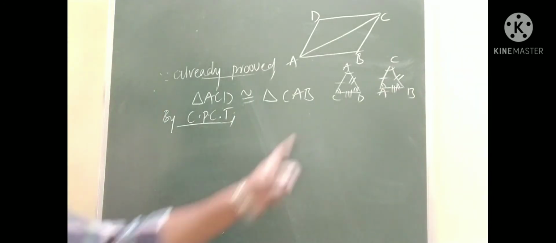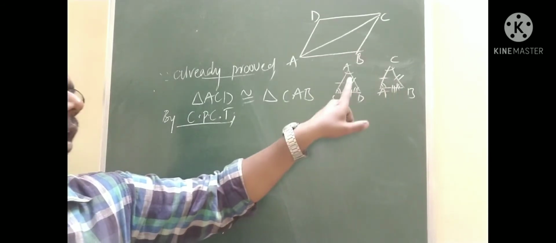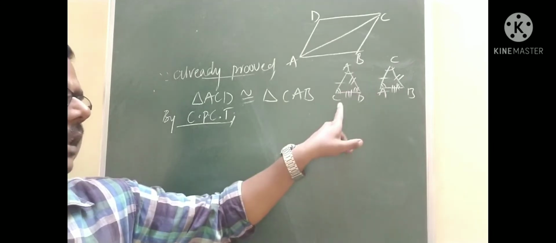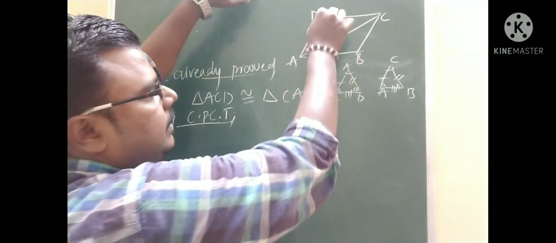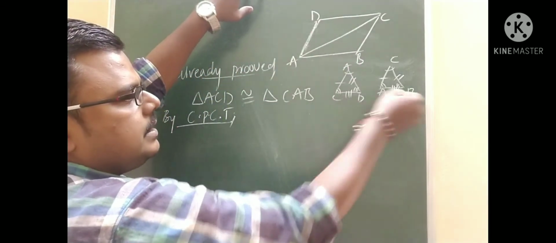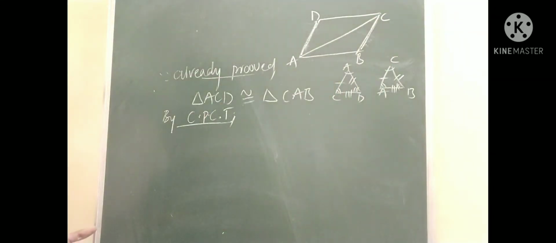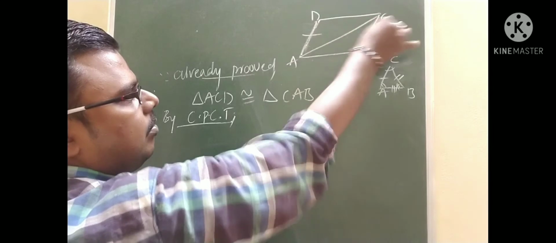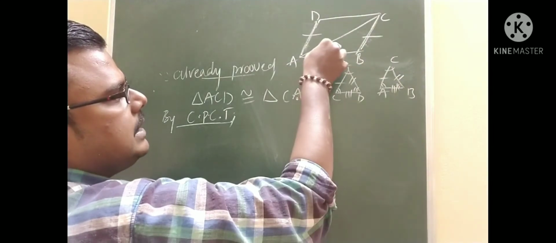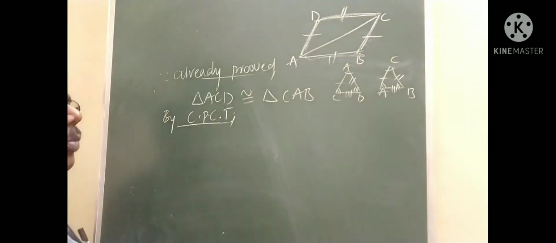Right? So angle A is equal to angle C, angle C is equal to angle A, angle D is equal to angle B. At the same time, CA is equal to AC, then CD is equal to AB, then AD is equal to BC. If you want, you can see AD, this is the AD. AD is equal to BC, opposite side. So as per the statement, that is what we are required to prove. In a parallelogram, opposite sides are equal. So AD is equal to CB, opposite. CD is equal to AB, another opposite side. So we have proved one statement, that in a parallelogram opposite sides are equal.